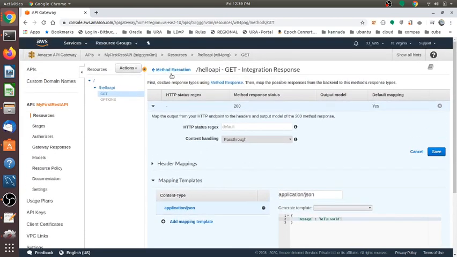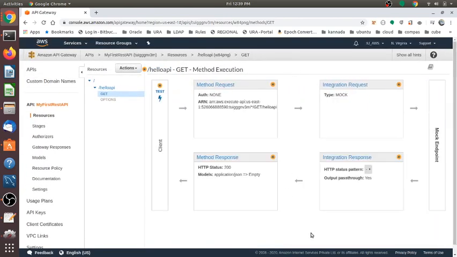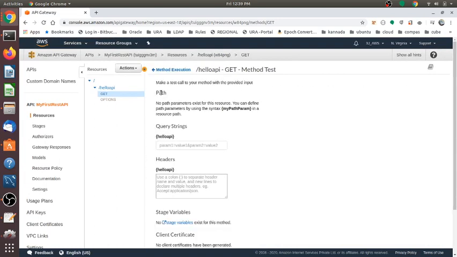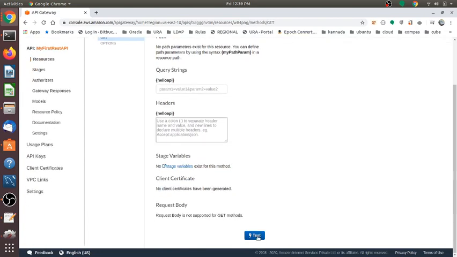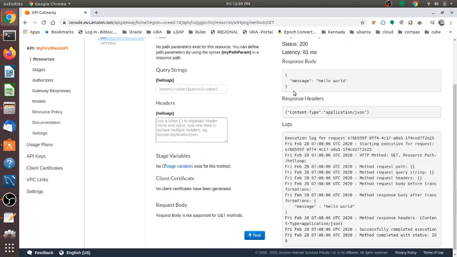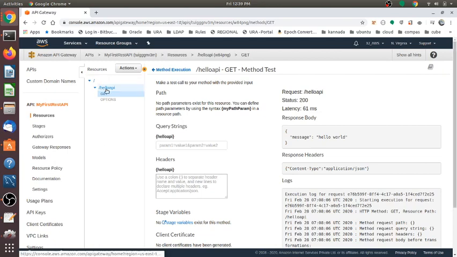Once this template is created, we'll go to the method execution, and then we can test this resource from here, and we don't pass any query string or headers, and just click on test, and you can see the output. This is what is expected from that API gateway, what we have mocked in the application JSON template, which comes out as the result. So now we will deploy this